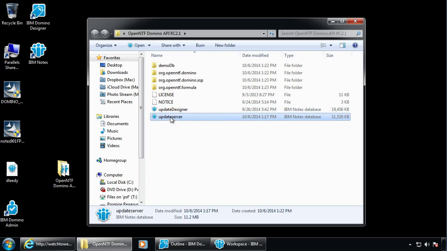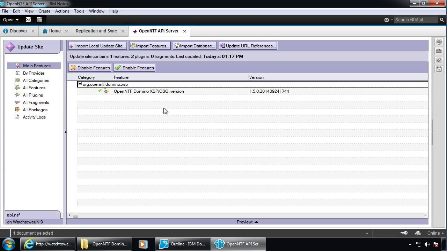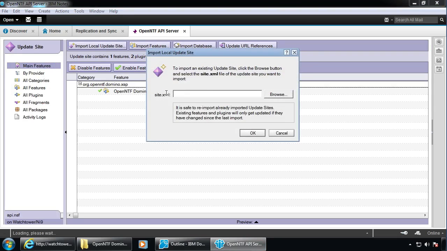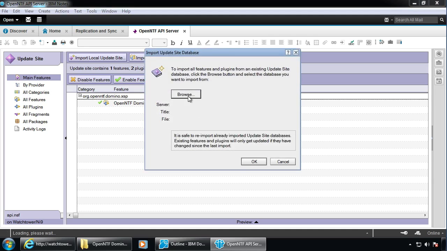Or if you do have the update site already on there, like as I do, this is an update site database template. So what you can do is go into the OpenNTF server API in that case, and instead of doing the import local update site with this XML, you're actually going to do import database and browse to